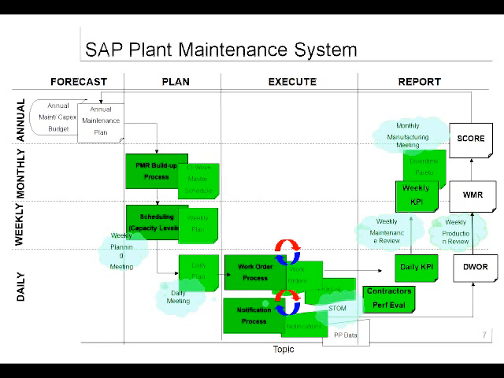So SAP PM plant maintenance is a system. As a system, I am saying it is preventive maintenance, because if my preventive maintenance is 100% proper, then I won't be having a breakdown or a corrective maintenance. So I am actually preventing the occurrence of a breakdown or a malfunction. Correct? So initially at the start of the year, we have this annual maintenance budget. So the budget is calculated. Once the budget is done, we do the annual maintenance plan. So imagine we have some 10 crores budget.